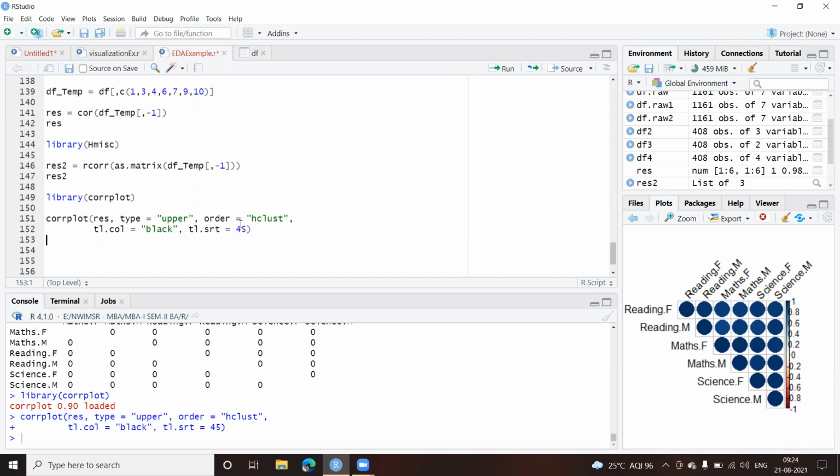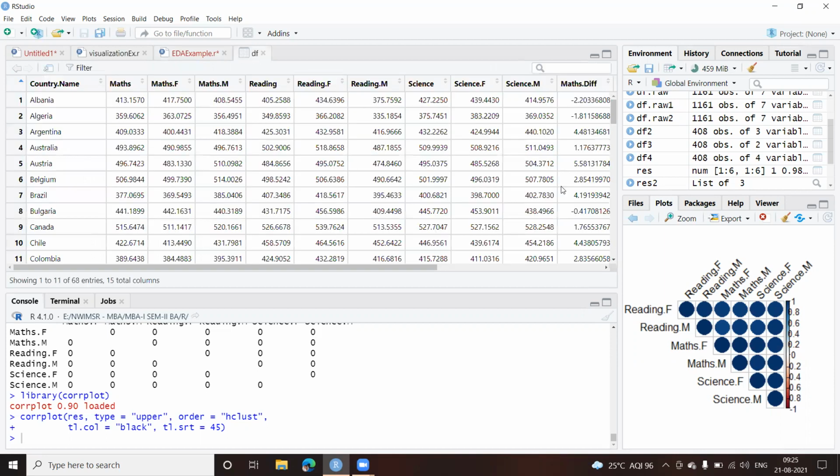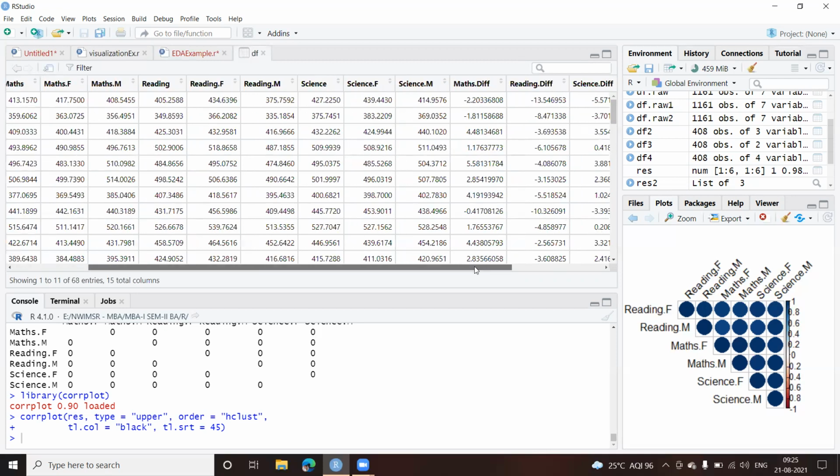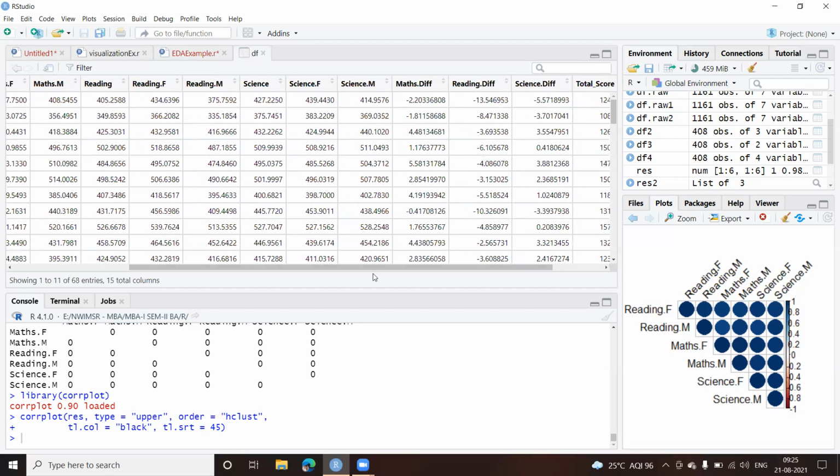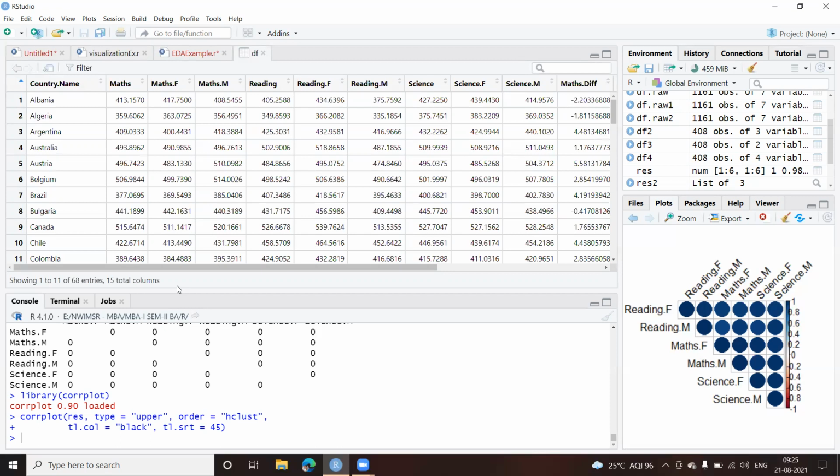And for that, I'll create another data frame. I don't want to use the previous ones. And here I'll be making use of the calculated field which we had done, the percent difference for maths, for reading, and for science. And I think those are the last few columns. So let me come here. So this 2, 3, 4, 5, 6, 7, 8, 9, 10, 11. So you can see the 11th column, 11, 12, and 13. I want to use this 11, 12, and 13. Okay, that will give me the difference. And using this, I can draw the box plot. And of course, I would like to have the country name also.